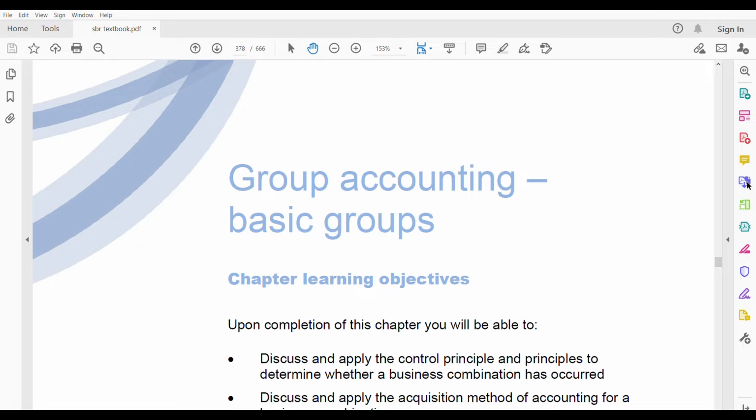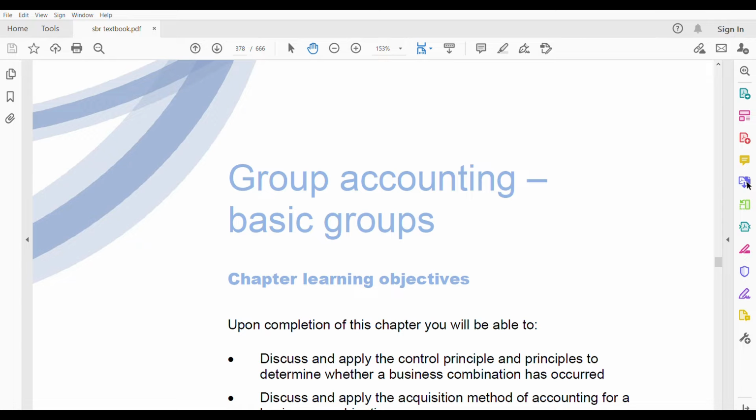And it is the biggest because it is not just one standard, it has integration of many standards in it. So this makes it a little bit complicated, too much work to do, but trust me, group accounting is one of the easiest topics to score marks. Once you know that if it's a subsidiary, you consolidate, and if it's an associate, we take their profit, it becomes very easy. The only thing is you need to identify what it is. Is it an associate? Is it a subsidiary? Is it a financial instrument? You need to classify it.